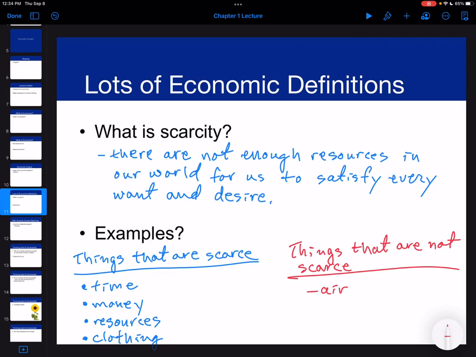But pretty much everything else in this world is scarce. So that's what we mean by scarcity. Scarcity is not poverty. Bill Gates has a lot of money, can do a lot of things. But he still has to make choices, right? He still doesn't have an unlimited amount of time. He's not going to live forever. And he still has to make choices over things. Okay? All right.